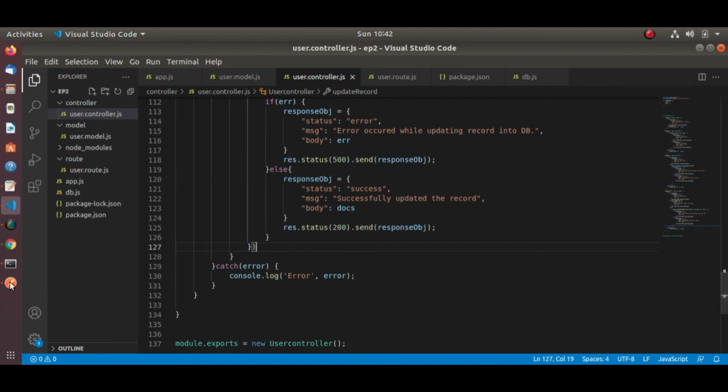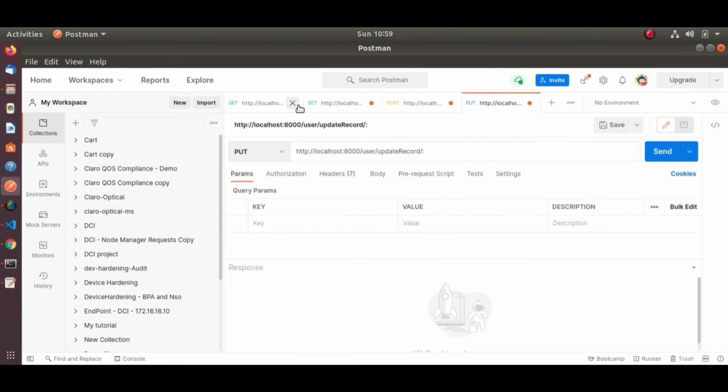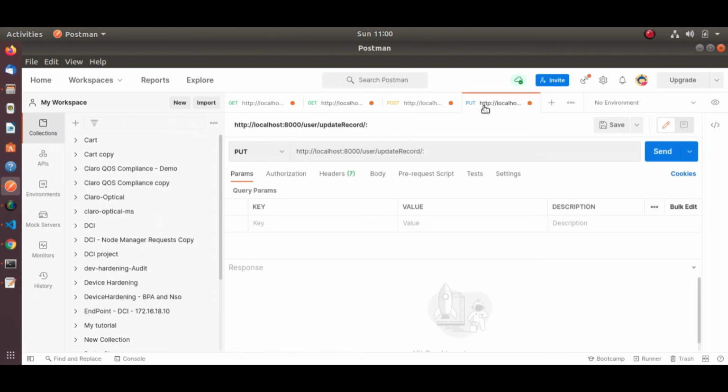So let's test it from the Postman. Let's go to the Postman, open one new tab, and test this update record method. Let's take one ID. This one we will take, copy, and we'll pass it as a parameter.